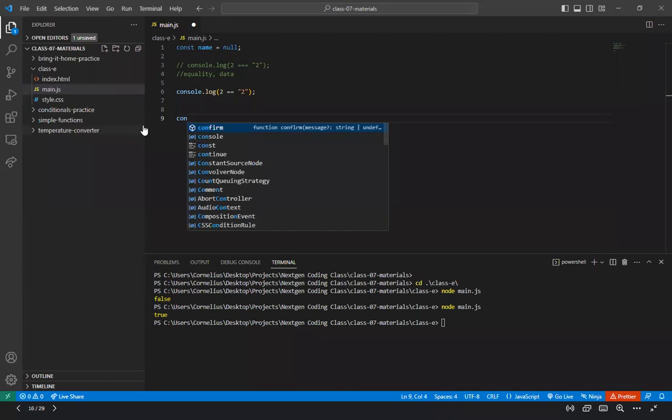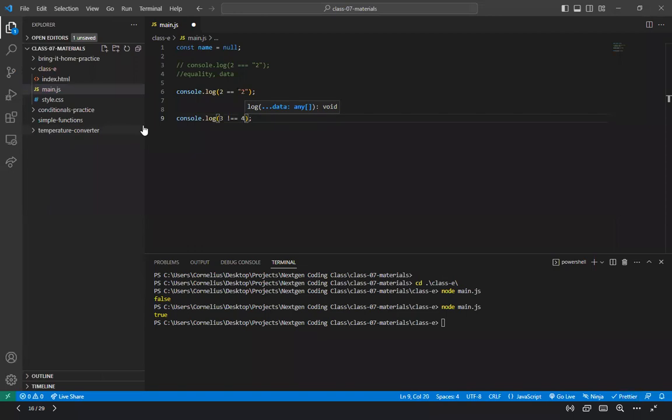Okay, so I need to type it out. So dot log. It should run okay. I hadn't completed it, that's why. Yeah, so it's just the extension I have that was making that. Okay. So I mean, if I check 3 is not equal to 4, it should return